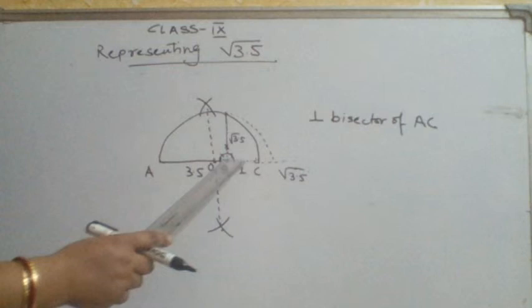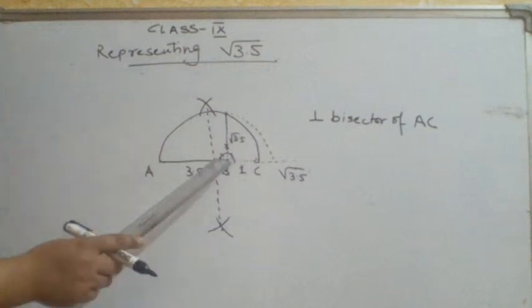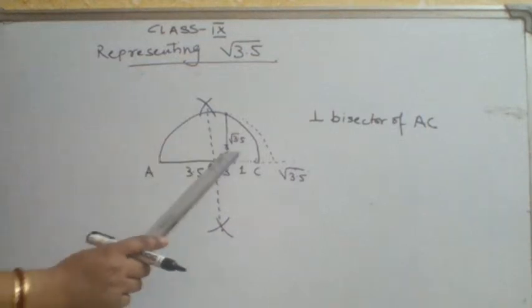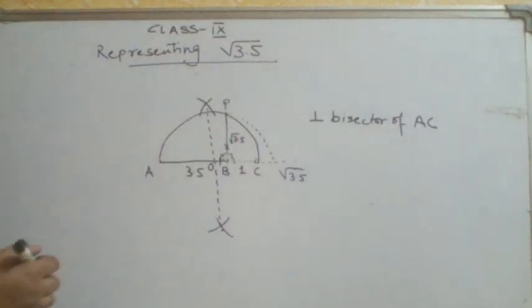You draw the perpendicular bisector of AC and the midpoint is O. With O as center and OA as radius, you draw a semicircle, and then at this point B, AB was the line segment of length 3.5 centimeter. So at point B you draw a perpendicular, and say this is BP. This BP is equal to under root 3.5. In order to place it on the number line, you can take your compass, measure this length, and mark it over here. So this is how you represent numbers on the number line,